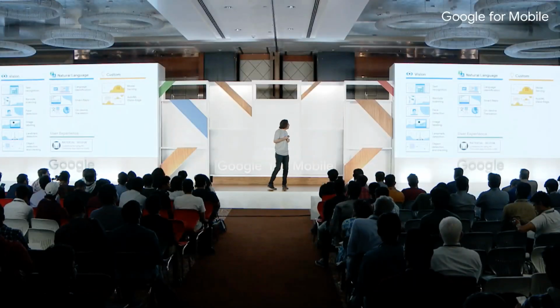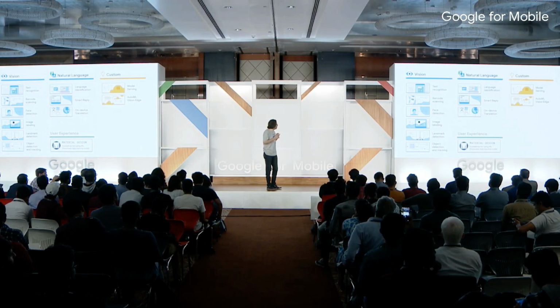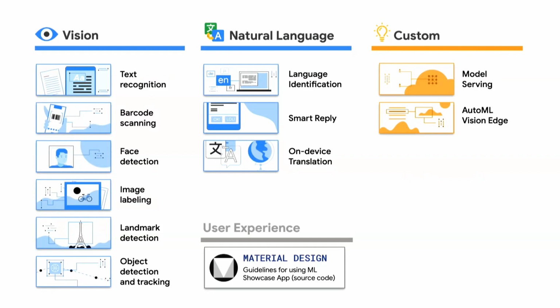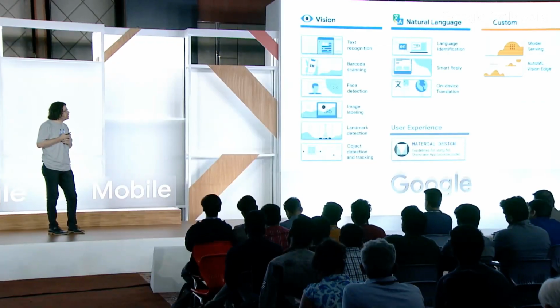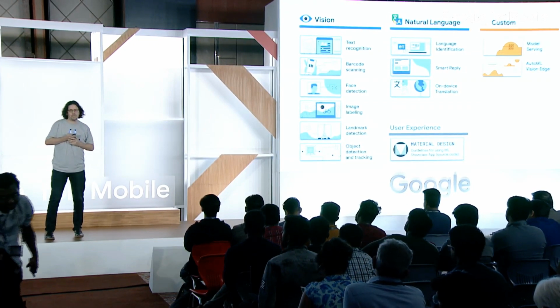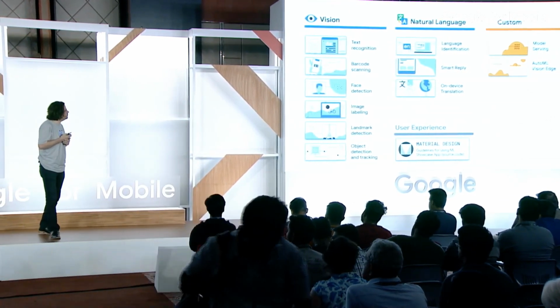Okay, let's just do a quick recap. MLKit provides a couple of solutions. Everything in blue is a core part of MLKit. These are our base APIs. Most of these run on device, and they take care of specific tasks like text recognition and barcode scanning, or detecting the language of a string with language identification. We have model serving to serve your custom models, to keep your app small and do A/B testing. And we have AutoML Vision Edge to train your own custom classification models or object detection models.